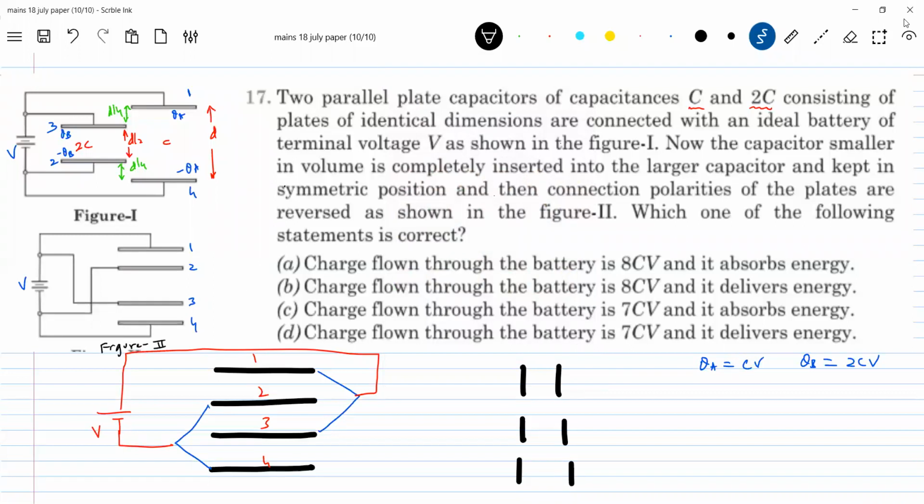So plate 1 is connected to the positive terminal. So here I'll bring a cell. Connections between them, blue color, I'll take it. All they are parallel. And the cell is connected to